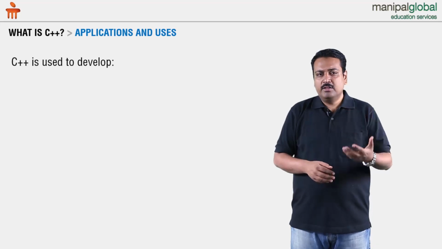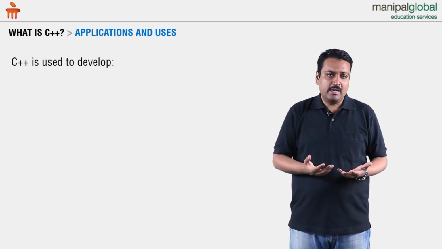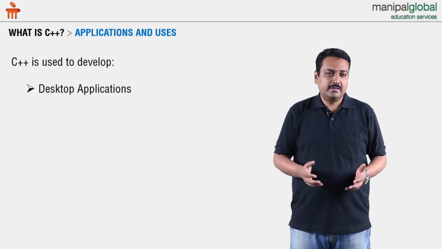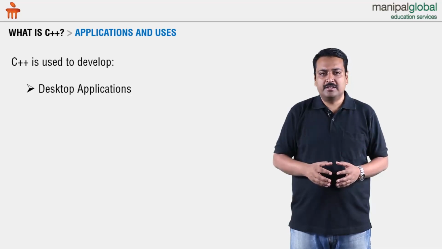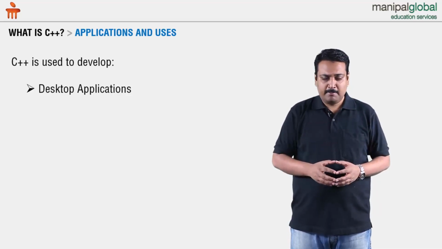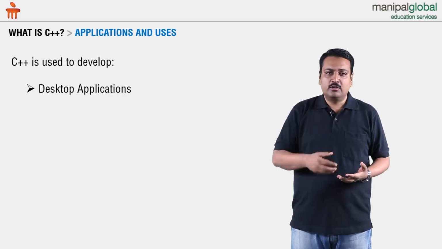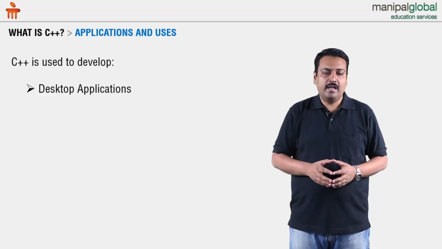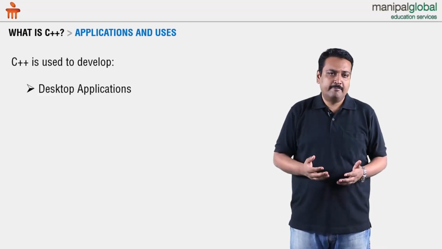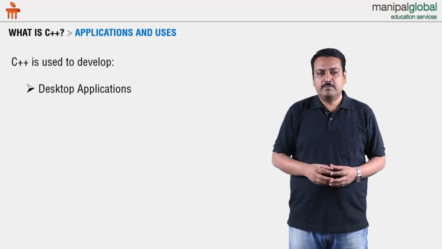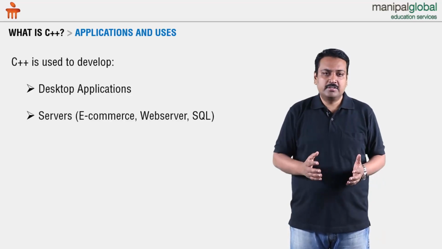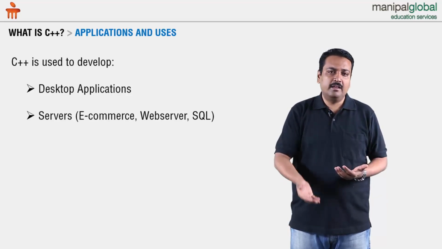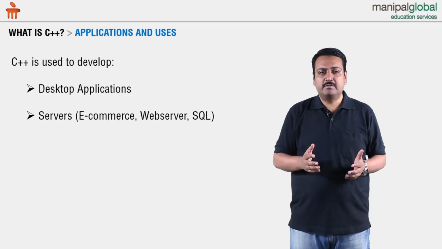So we can use C++ to develop various kinds of applications, in the sense that we can develop desktop applications, and some good examples of desktop applications are your MS Office and Adobe Acrobat Reader. It is also used for development of OpenOffice, and various torrent softwares have been developed using C++. C++ is also a preferable tool to develop various kinds of servers like Oracle Database Server, Microsoft SQL Server, and even it is used for development of web servers.